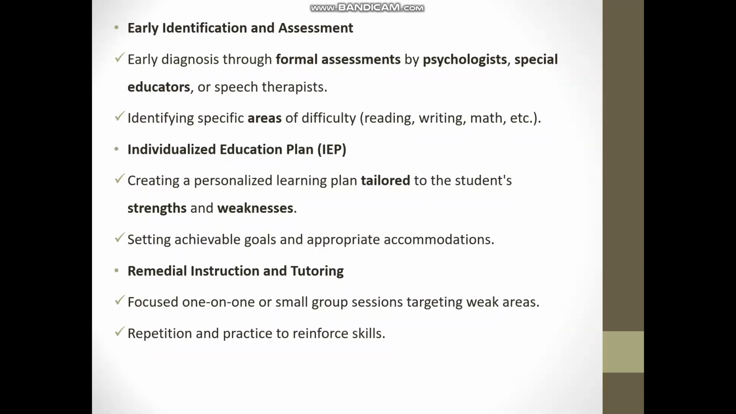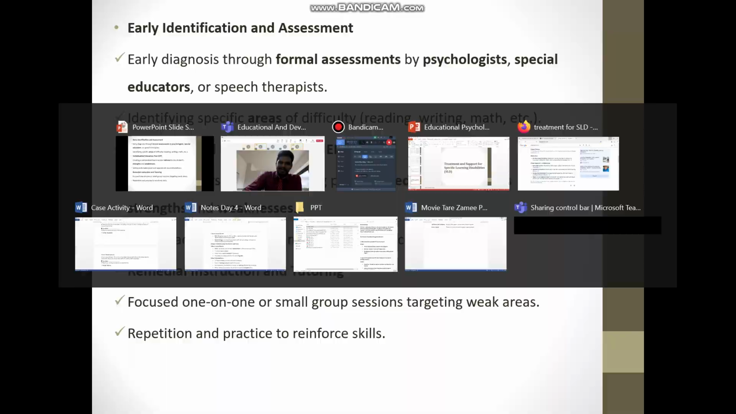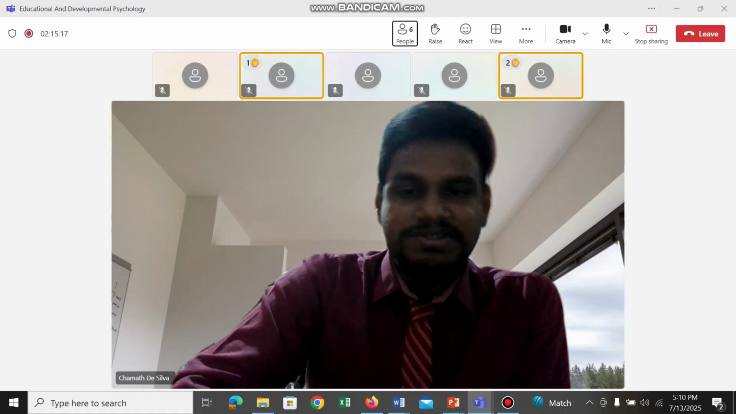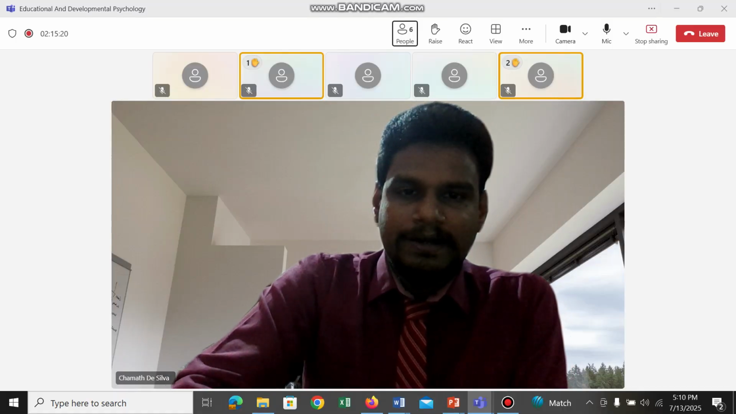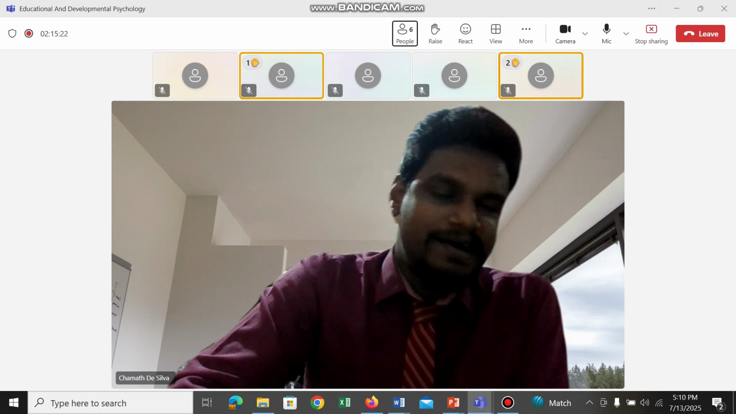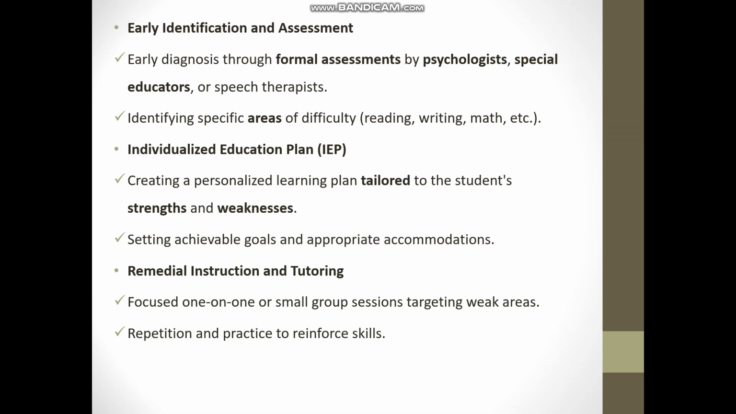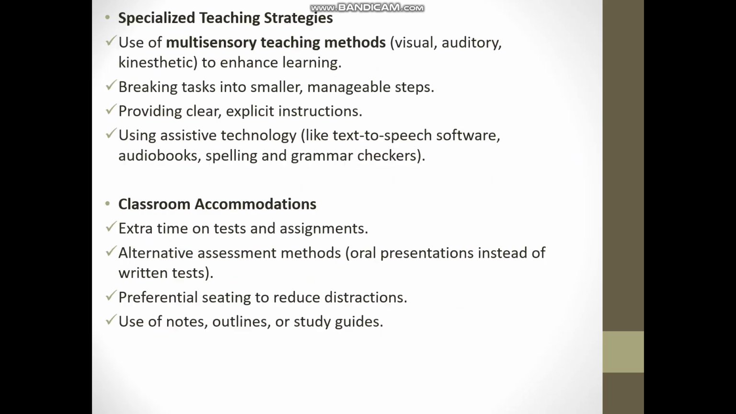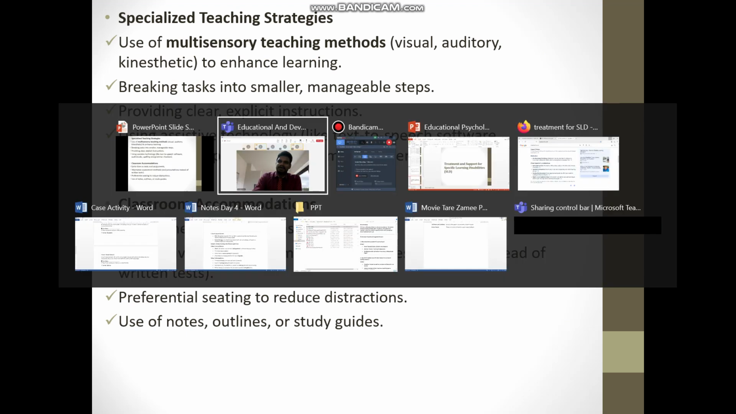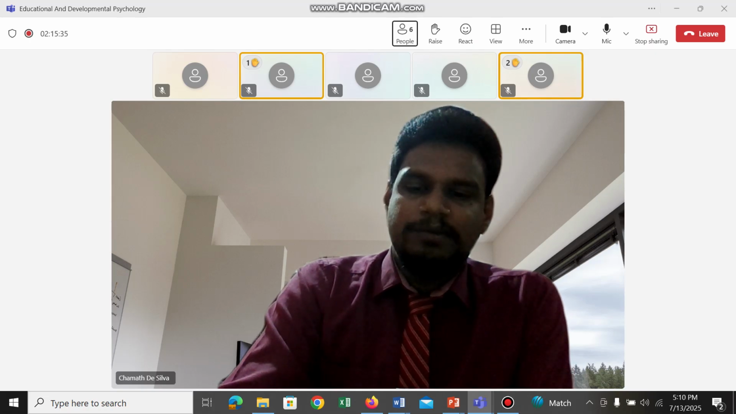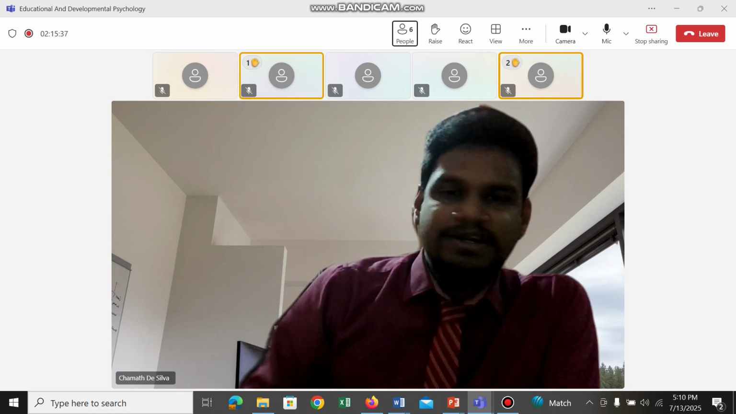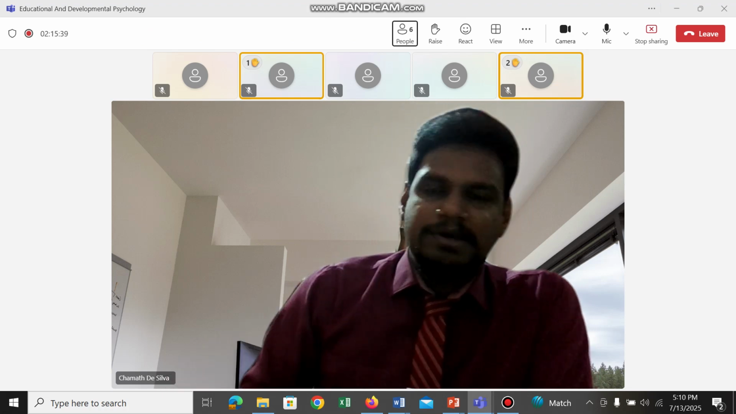So that's another way of supporting them: remedial instruction and tutoring. When we are giving individual attention rather than groups, then only can we give them methods like rehearsing, repetitive drills, reviewing drills, specialized teaching strategies. So specialized as in, we need to be able to use different visual aids, maybe use of IT,